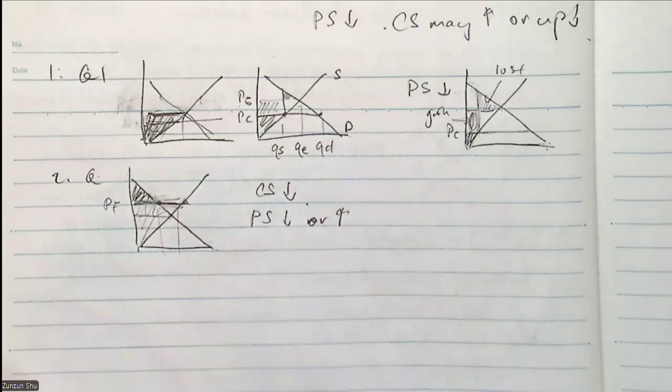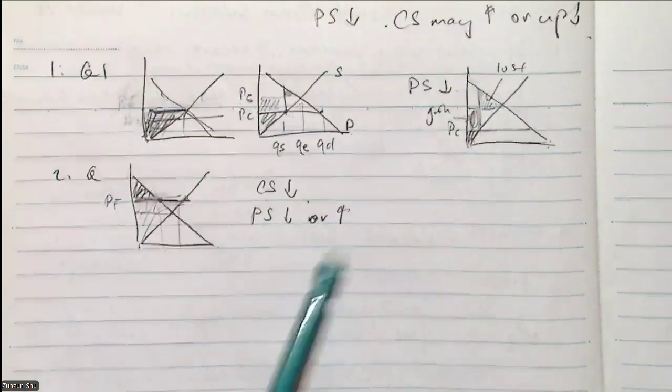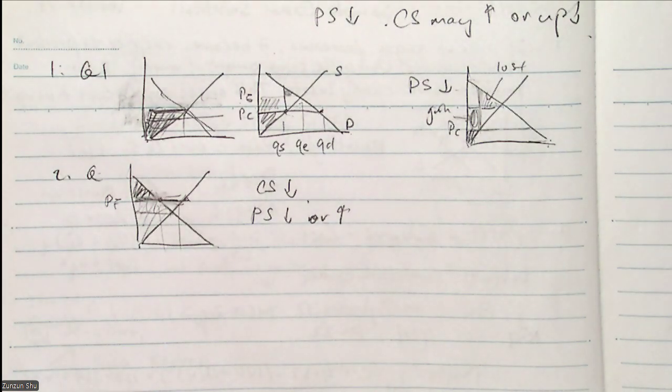For things like this, don't memorize, just draw it out. Do understand this, though, okay? One of them will definitely decrease, and the other one may or may not, okay? So in that case,